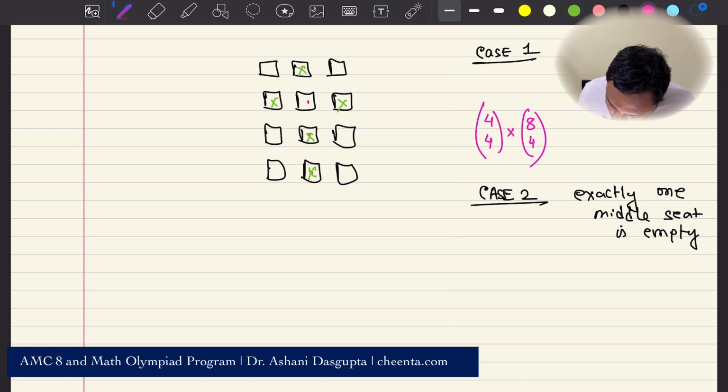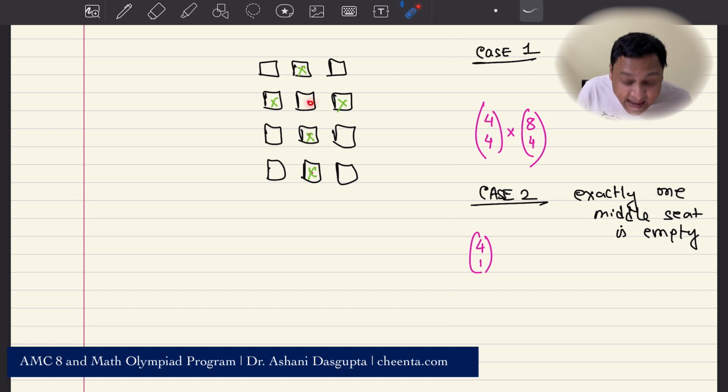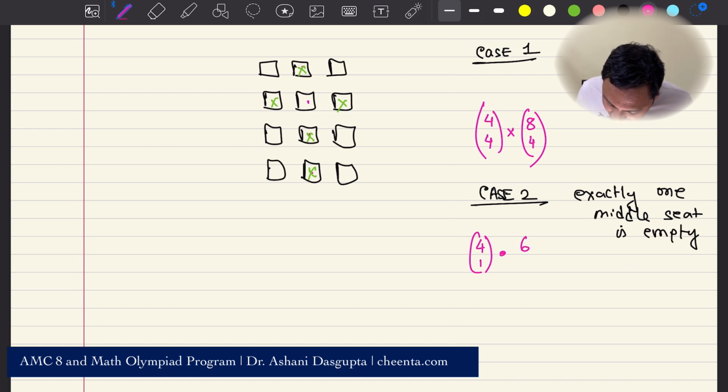So 4 choose 1 is the number of ways to select the empty seat from these middle 4 seats. And from the remaining 6 seats, we select 3 of them to make the other 3 people sit down. So again, in case 2, we do not allow the married couples to sit together. Similarly, case 3,